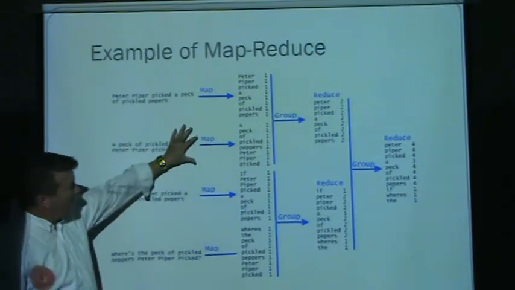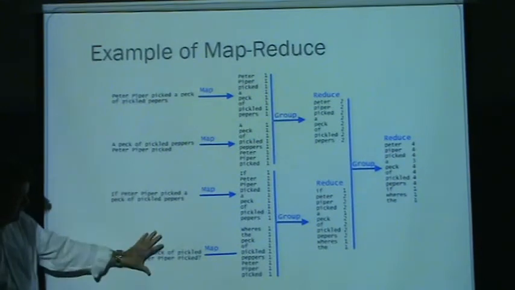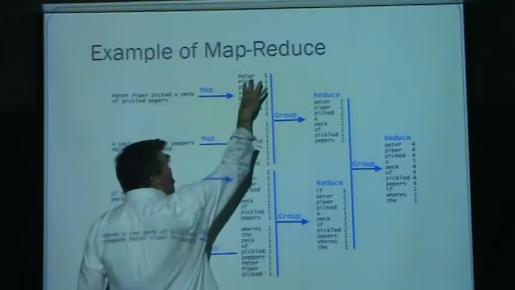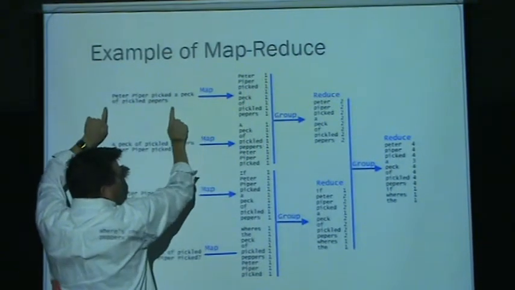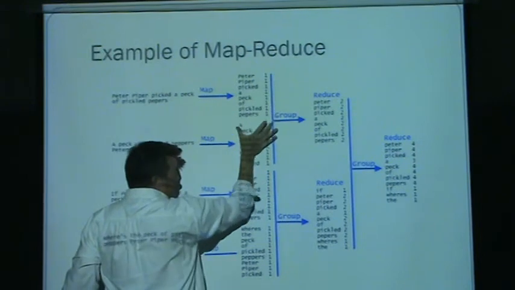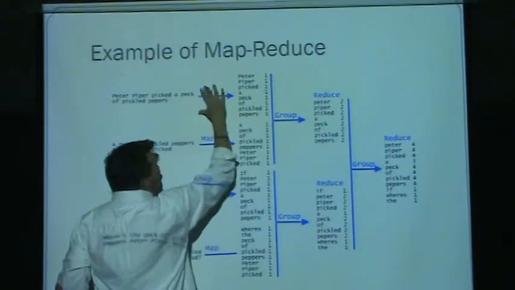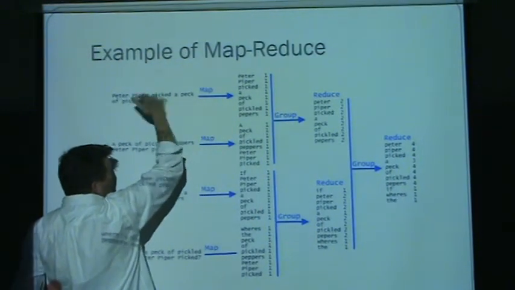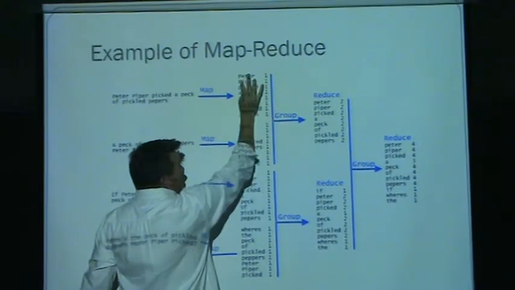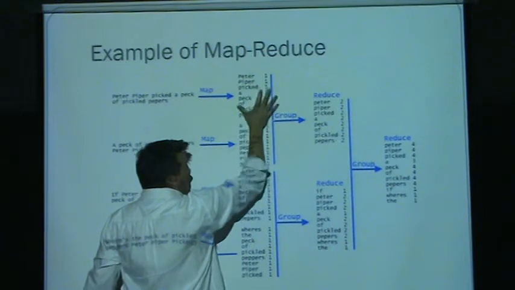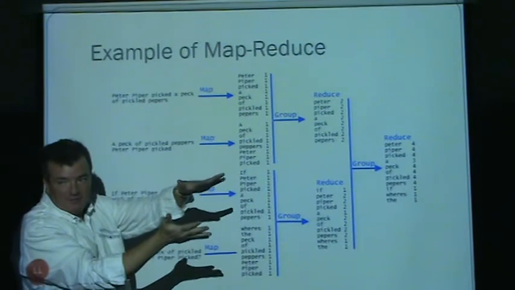This is a slightly different sentence. How many times did these words show up? You count those, and then the same for the other two. Now you take these 2 sets of words. Here's the sentence, which is what the tweet was, and then this is an analysis of the tweet: how many times each word showed up. So this gets put into a table. This could be sequential or indexed or something like that. Now we're putting it into a Hadoop file system where it says this word has showed up this many times. We have a table.